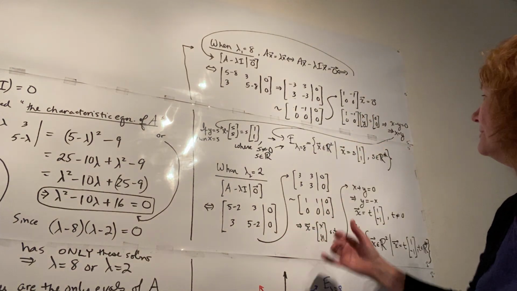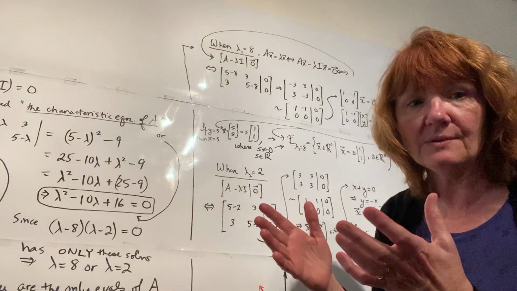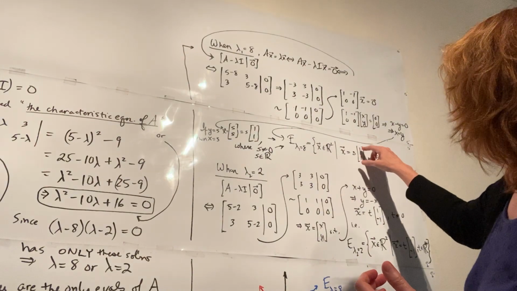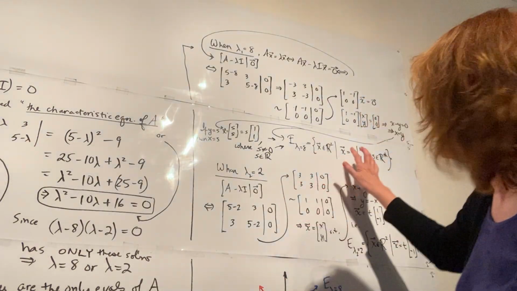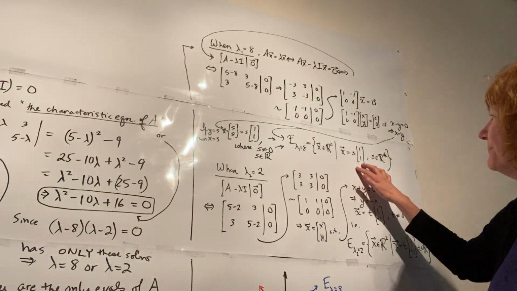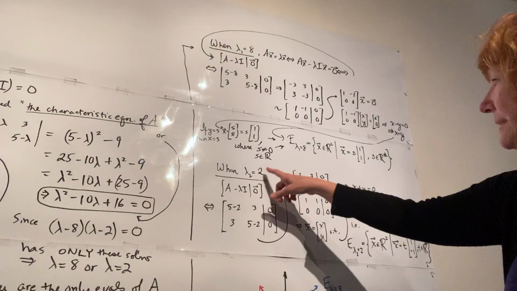Okay, so that's the eigenspace done. If you need an eigenvector, you could use 1, 1. You could use 2, 2. You could use pi, pi. You could use any vector that has the two components the same, if you needed just a single eigenvector. But here is all infinitely many of them at once, so we call that the eigenspace. When lambda is equal to 2,